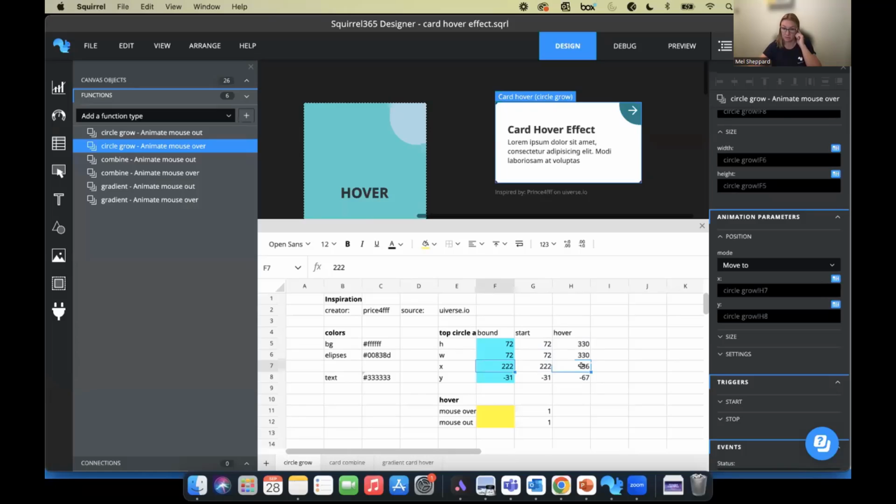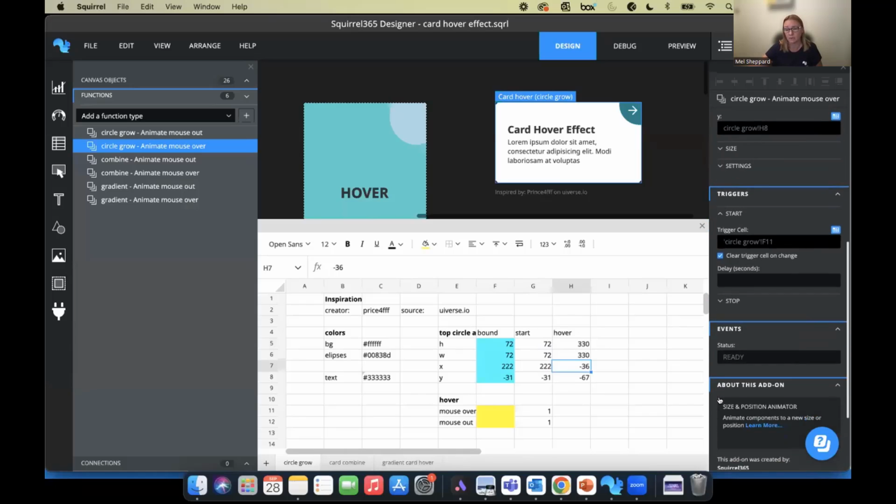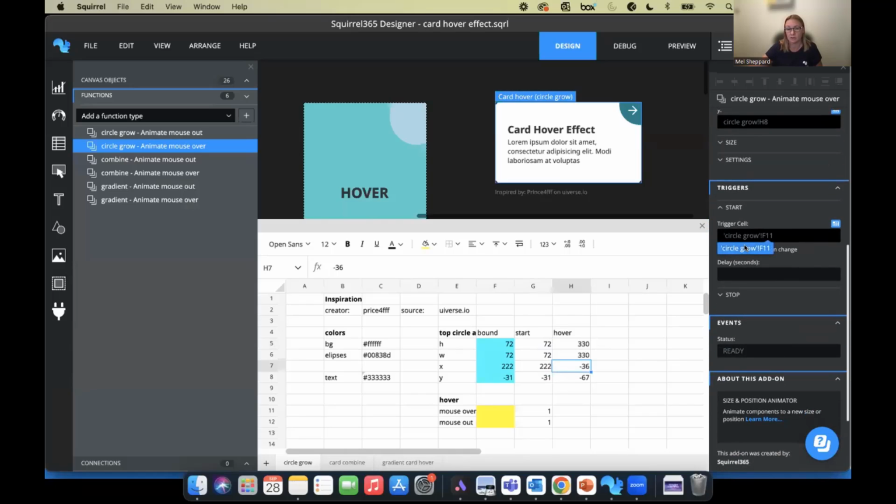And so that's essentially all we're doing, is giving it starting values, and these end values are what we want to happen when this animation is triggered. And then the trigger for me on this one should be where we're hovering over it. Yep. So when the mouse, the hotspot, will put something into there, which will tell it to start the animation, which will then move or essentially animate the component by increasing the values to these new values, or decreasing, whichever